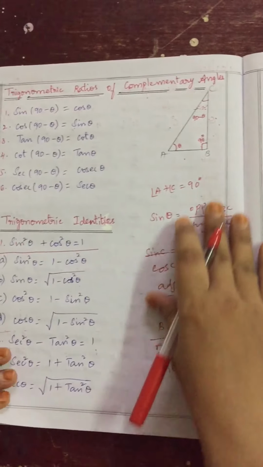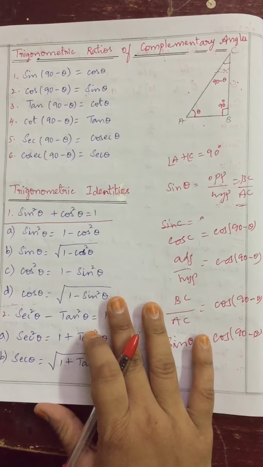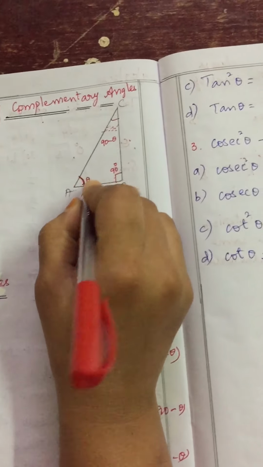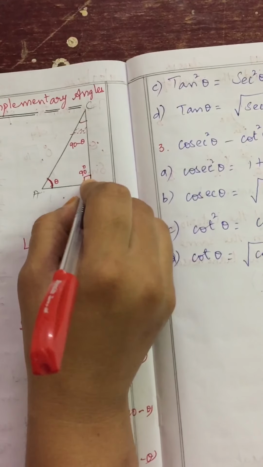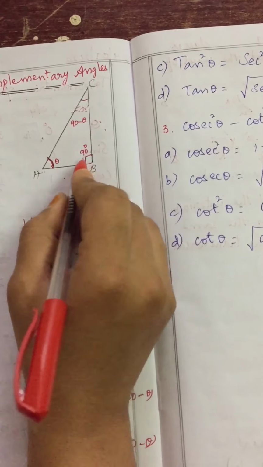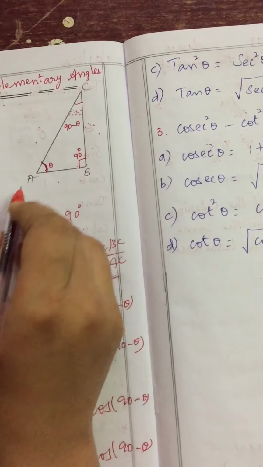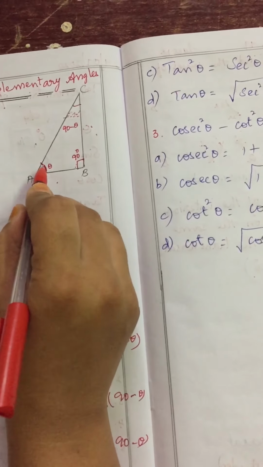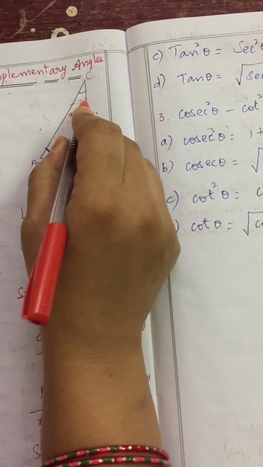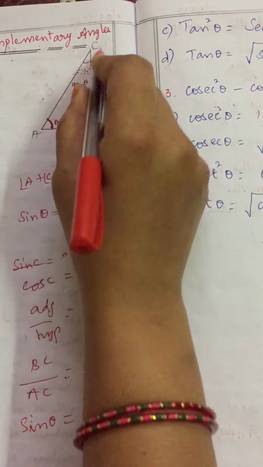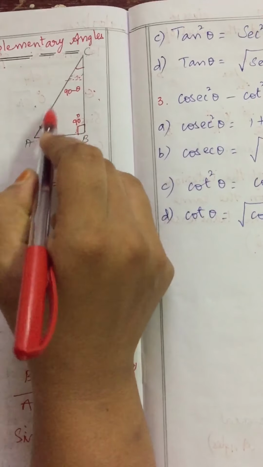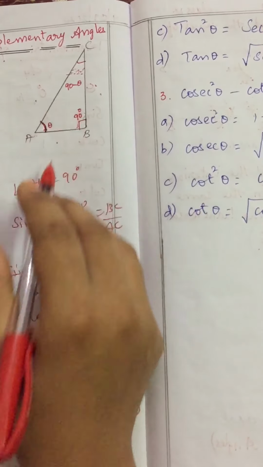Now next thing we will see is trigonometric ratios of complementary angles. Suppose I take angle A as theta, and always in trigonometry we consider a 90 degree right angle triangle. So I am taking right angle triangle ABC, right angle at B, angle A and angle C. Suppose angle A is theta, then what is angle C? 90 minus theta only. Angle A plus angle C is always equal to 90 degrees because one angle is 90 degrees, so the sum of the remaining two angles is equal to 90 only.